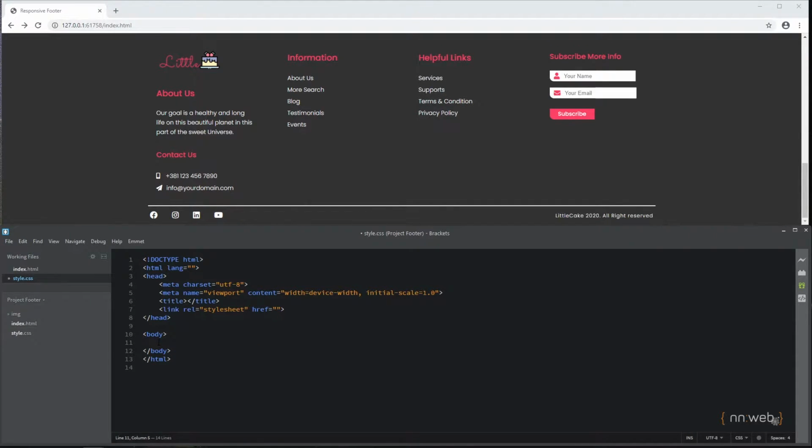Let's delete what we don't need. Let's type our language, English for this project, title, footer project, responsive, and let's connect our style sheet, style.css. Okay, but not in styles, sorry, nor here in